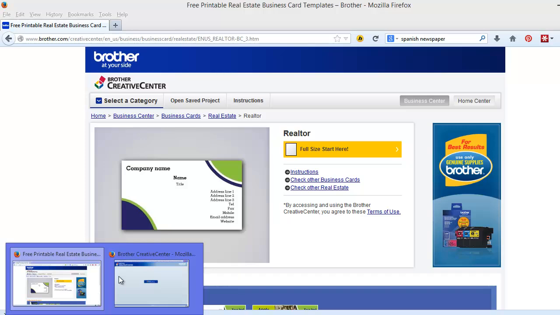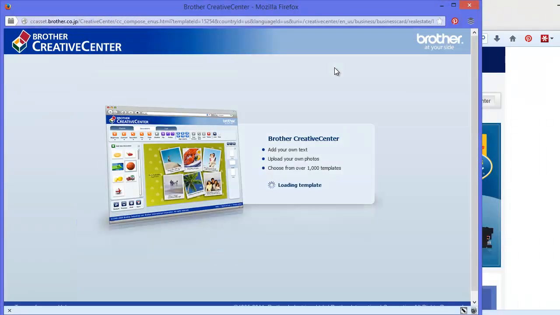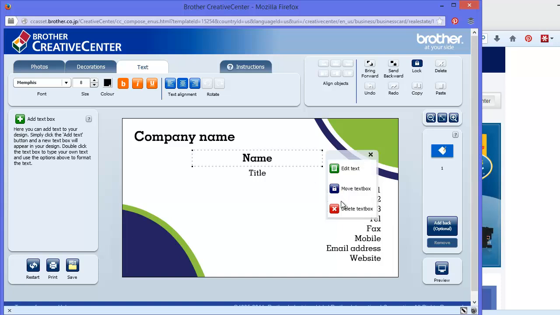And what that does is it opens a pop-up here, which is the Brother Creative Center. And now what I'm going to do is start including the information that I need in here to create my card. So first thing I'm going to do is I want to have my name here, Andy Nathan,